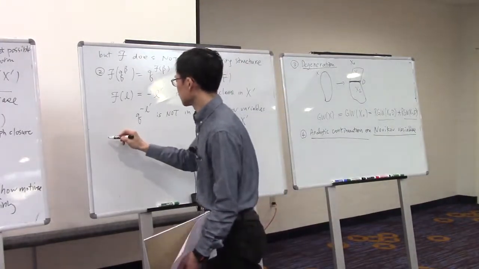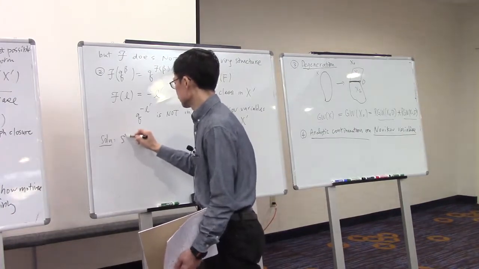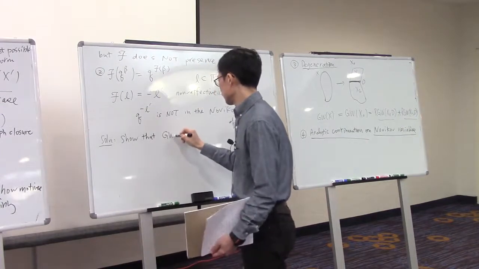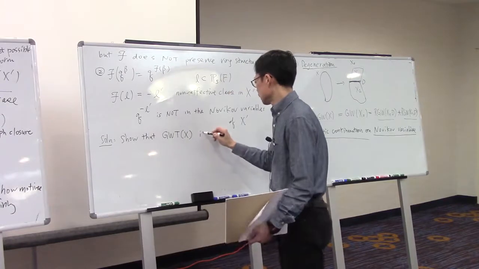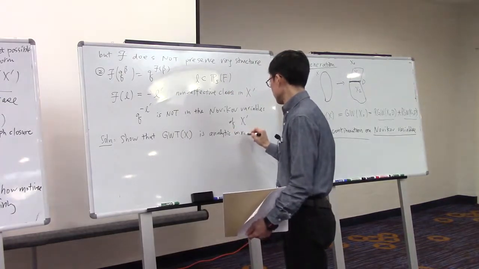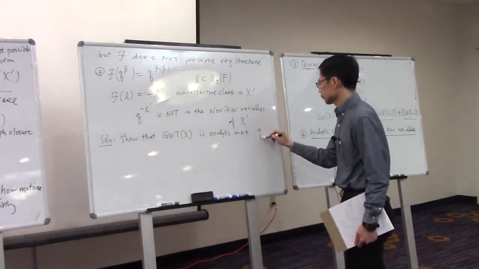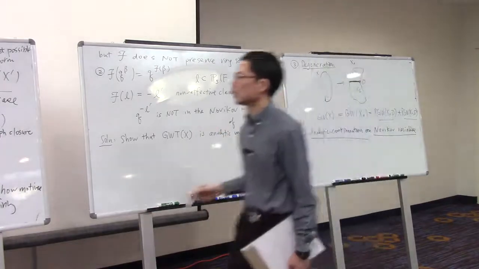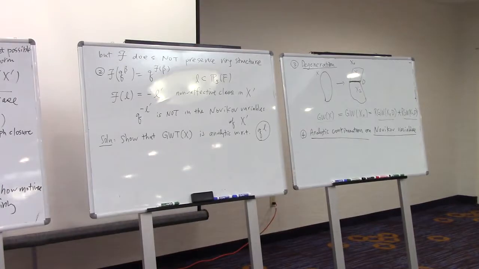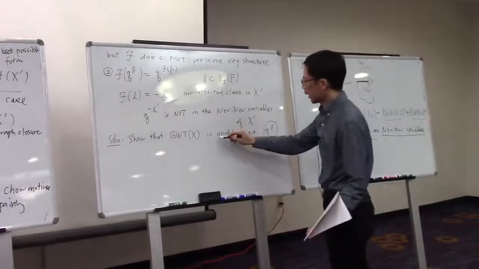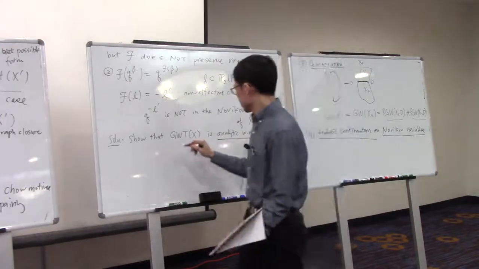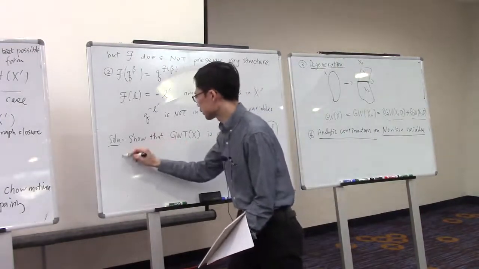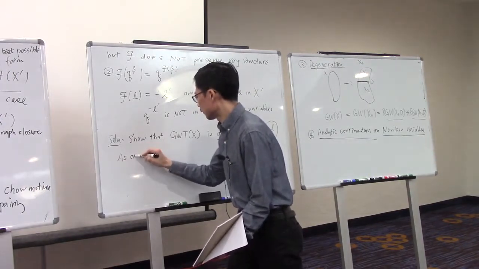First of all, you want to show that the Gromov-Witten theory of X is analytic with respect to the flopping curve. So this is a particular Novikov variable. By this I mean the Novikov variable corresponding to the curve which performs the flopping contraction. In this case, this will be P1. So we want to first show this is analytic with respect to this. And so now you can say that, as an analytic function,